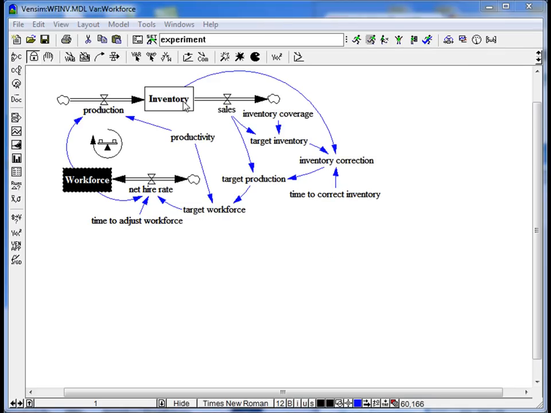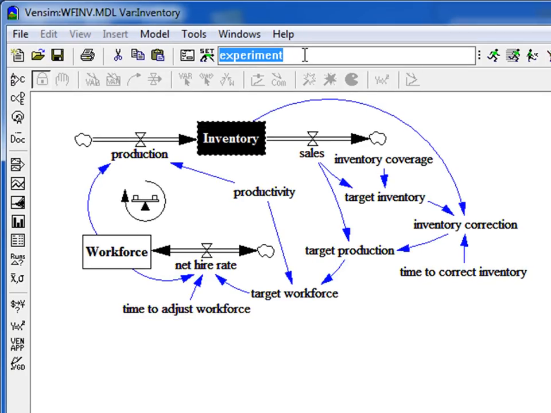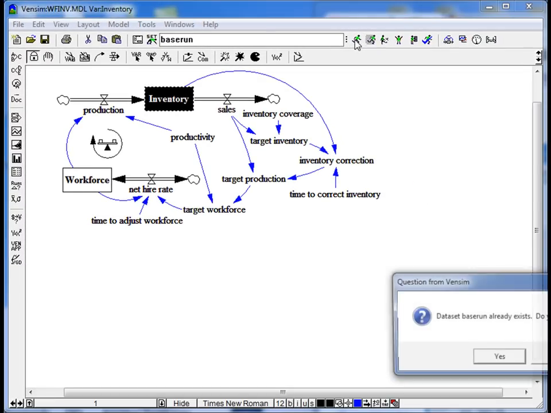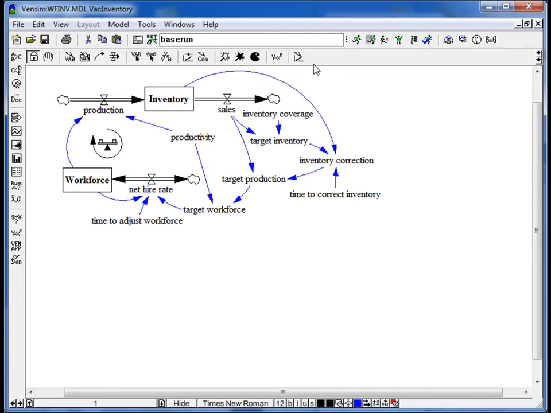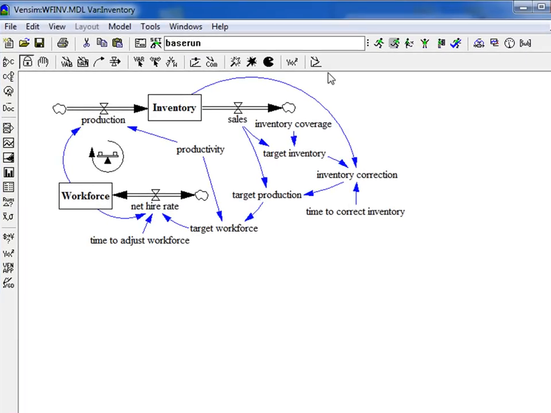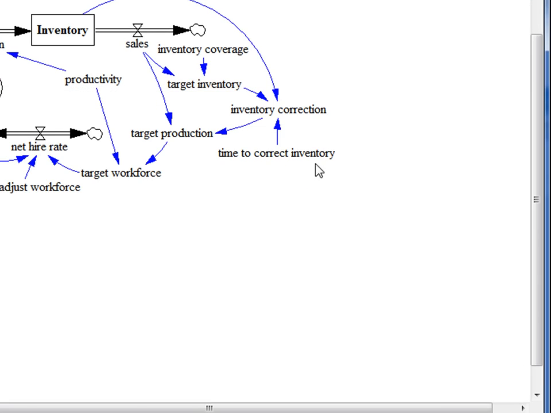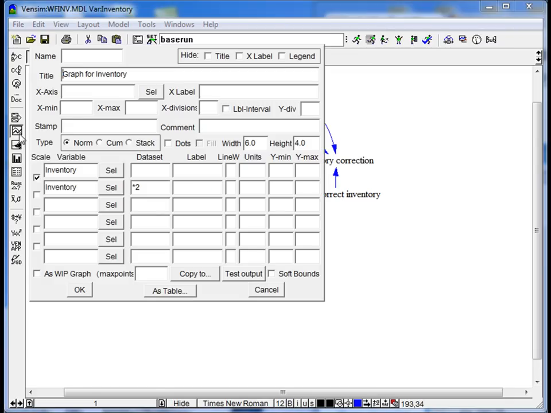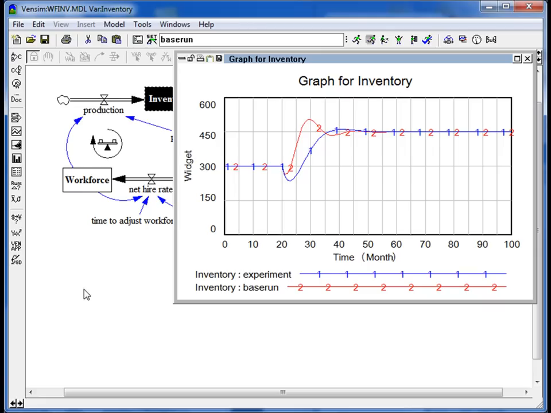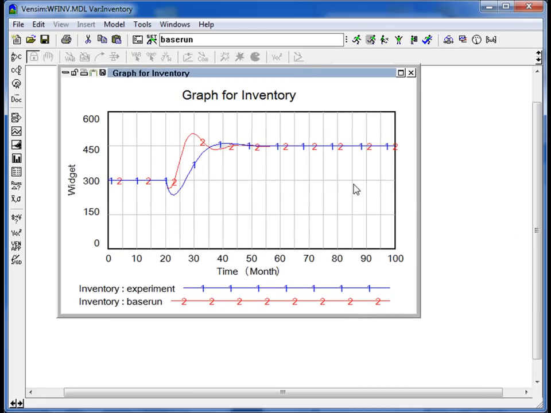Now the same we can do for inventory. When you click on inventory, we change here from experiment to base run. We can click again run a simulation, because all the values are now turned back to the baseline. Yes, and we have loaded base run and experiment as our data sets. This we could control in the control panel, and we see here the loaded information is experiment and base run. We close that, we go to inventory, we click graph again, OK,